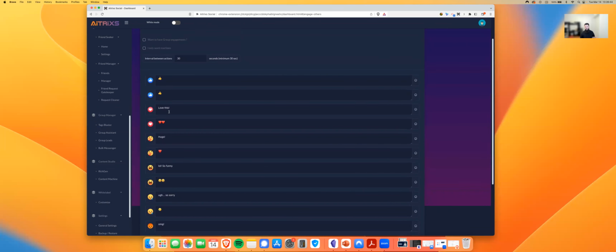So as an easy example, if it's scanning your post, again, it will do this to every single post in your newsfeed. If it reads that the most common reaction is a heart, then it will react with a heart. So it will react, and then it will comment using one of these two comments. So you'll get both the reaction and the comment.